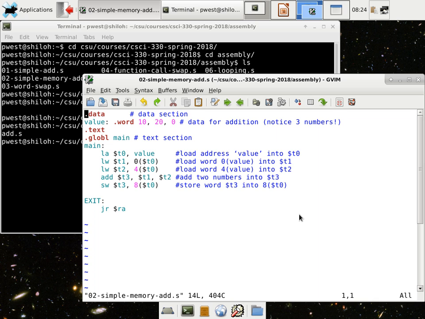10, because that's this guy right here. Then we're going to load from T0 offset by 4 bytes into T2. So what value is going to be in T2? 20. Okay, we're doing great. We're going to add T1, T2, put in T3. T3 now has